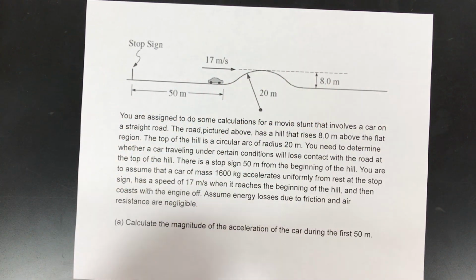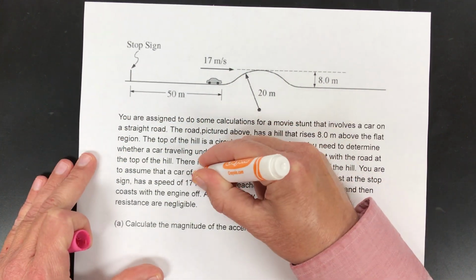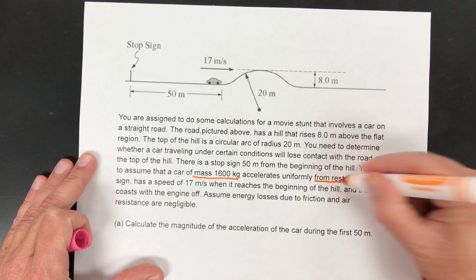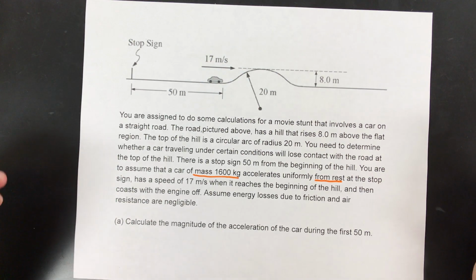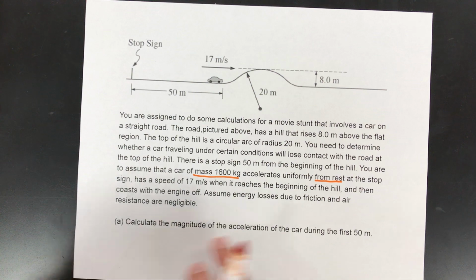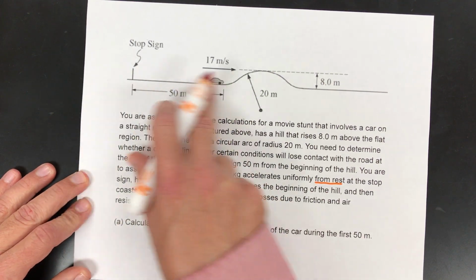But you've got to be careful about skipping too much here, because there might be important information, like the mass is 1,600 kilograms and that it starts from rest. Those are two really important bits of information as you start this one. So first thing here is they want us to calculate the magnitude of the acceleration right here in this first